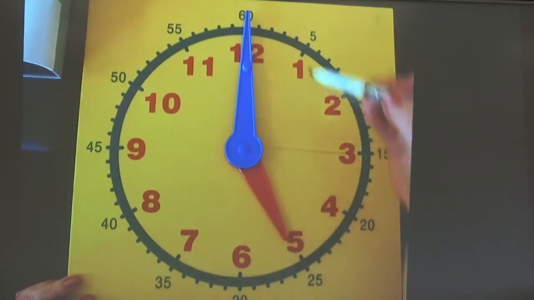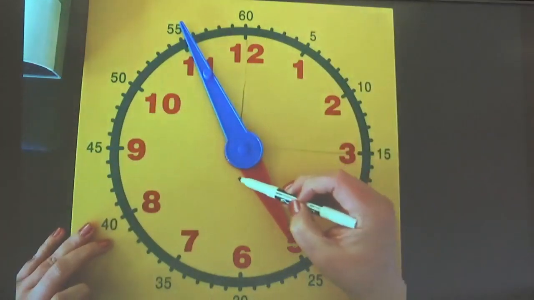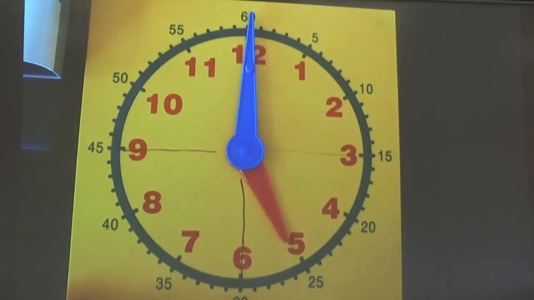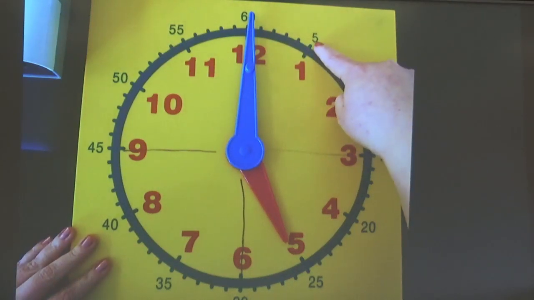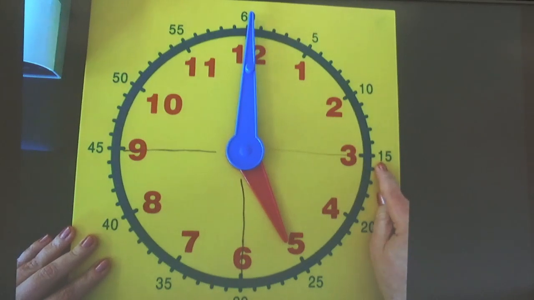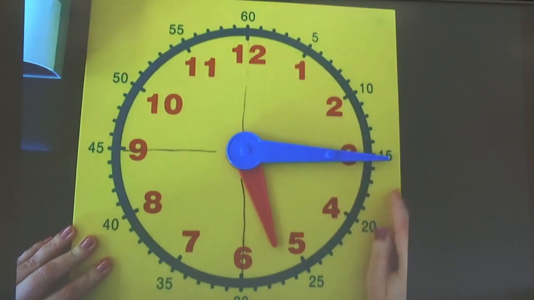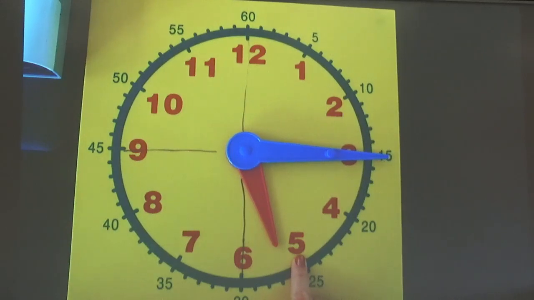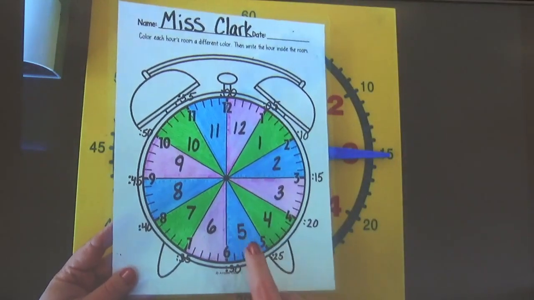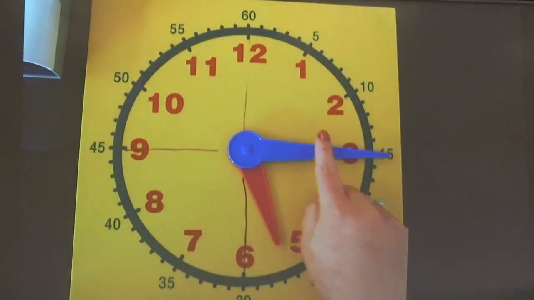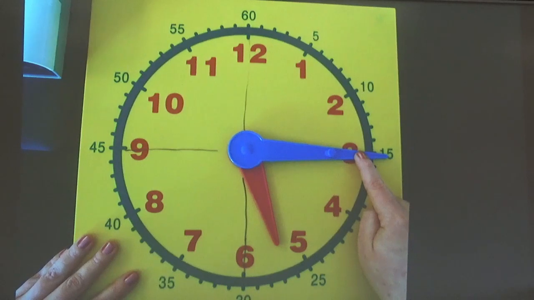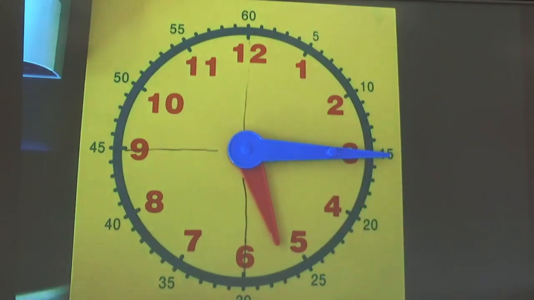So if I make a little line here, make a little line down here, a little line down here, and a little line across here. So we'll cut our clock into 4 quarters. If we count these little numbers, 5, 10, 15, put my minute hand on the 3. Now the time is showing quarter after 5. Because even though our hour hand is not pointing directly to the 5, if we look at our colorful clock, we know that that hour hand is still in the 5's house. So our minute hand has moved 1/4 of the way around our clock. So we can read this time as quarter after 5